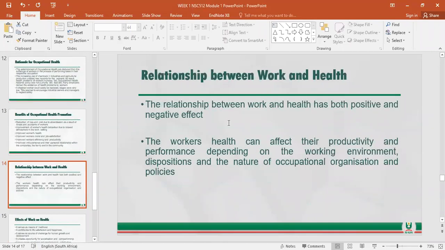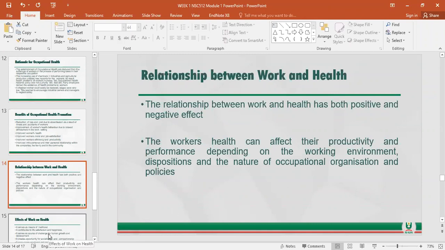Relationship between work and health. There is no doubt that there is a strong relationship between work and health, and this relationship is both positive and negative. The workers' health can affect their productivity and performance depending on the working environment, disposition, and the nature of occupational